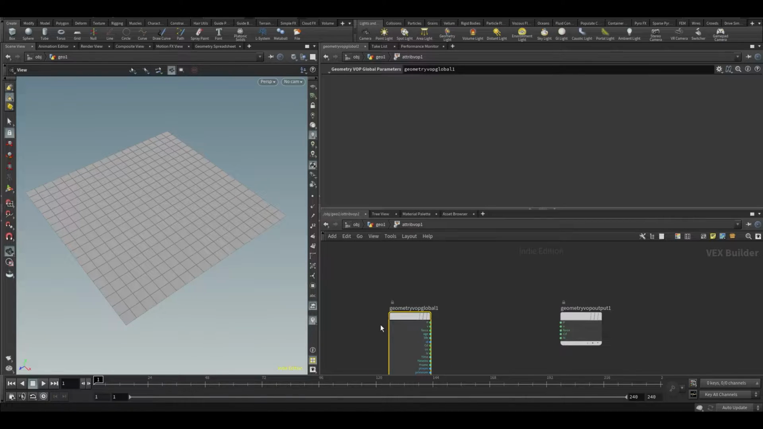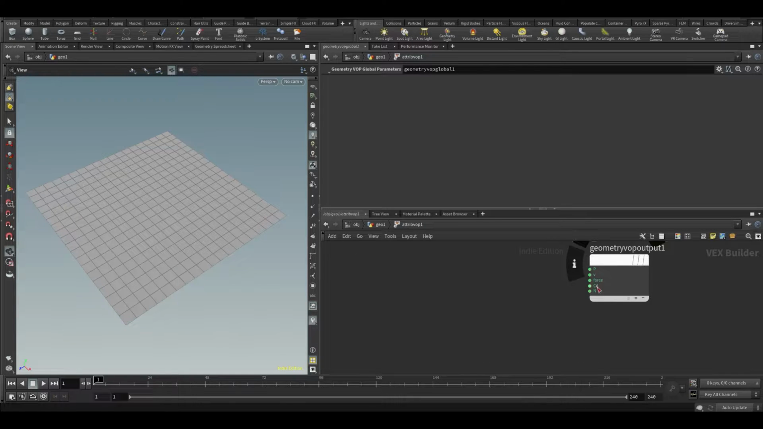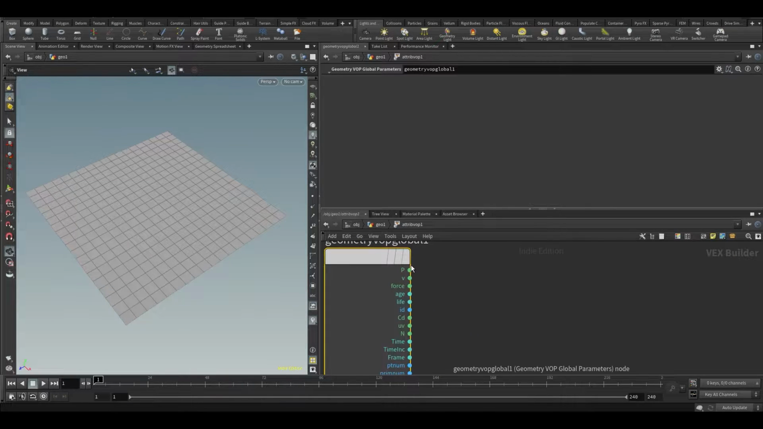And you see there's geometry VOP global parameters. So this has a whole bunch of parameters, and there's geometry VOP output. So just a couple of basic outputs that you frequently use. So P is for position, V is for velocity, force, Cd is color, and N is normal. And then you have a whole bunch of